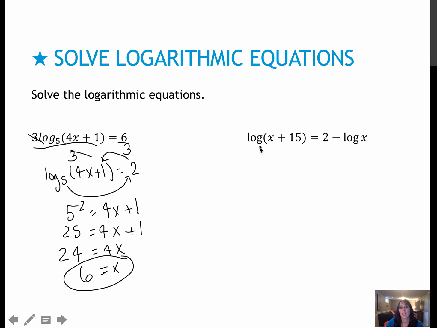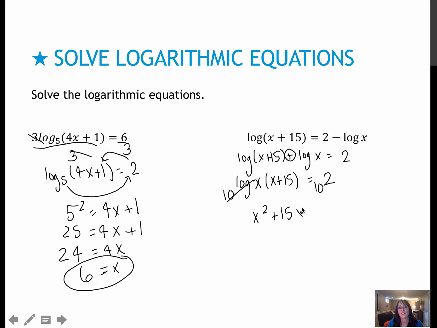And last one, I have log. I've got a constant, I've got another log. I'm going to add this log over, so I have log of x plus 15 plus log of x equals 2. I'm going to combine this into one log because there's a plus, that means it's actually multiplication. So I have log of x times x plus 15. If you want to distribute on this step, it's completely fine. I'm going to exponentiate. This is log base 10, so I'm taking 10 to that power. On this side, I get x squared plus 15x. On this side, 10 squared is 100. I'm going to move it all to one side